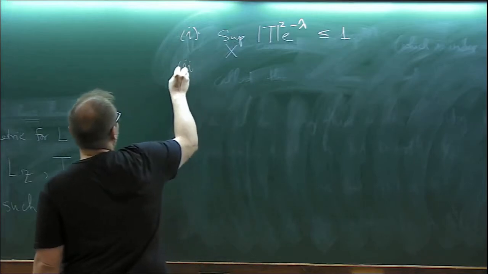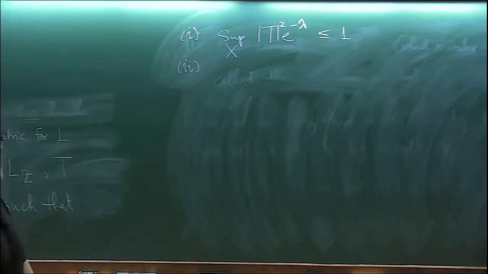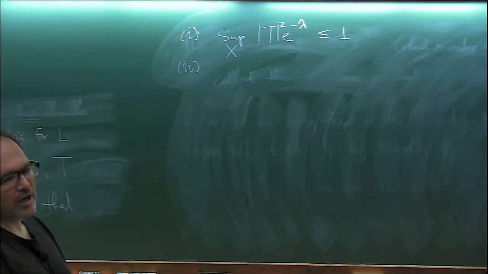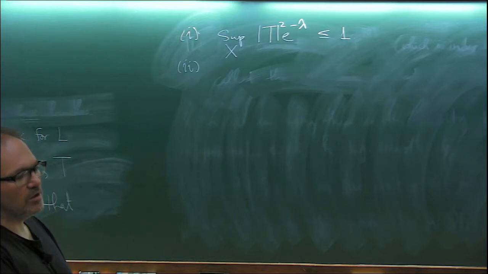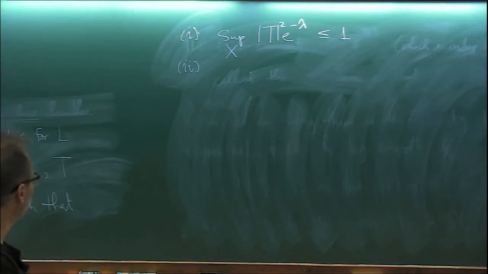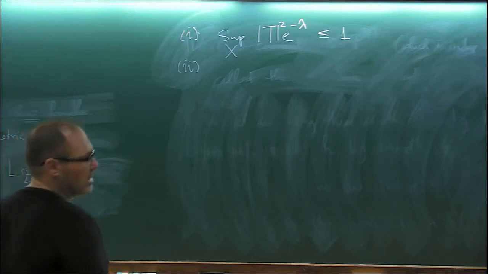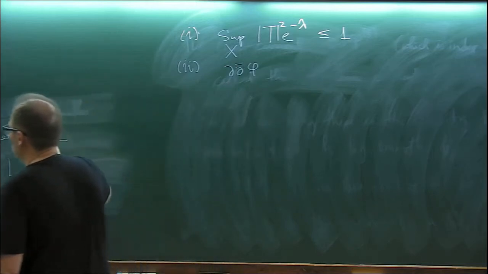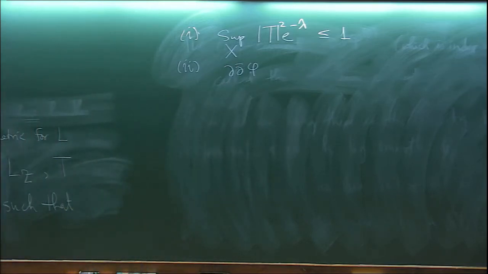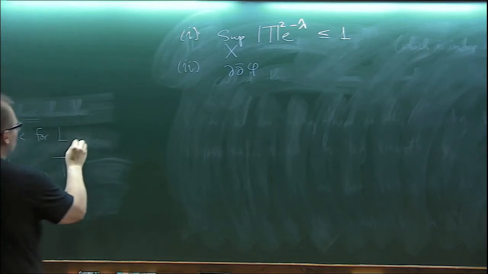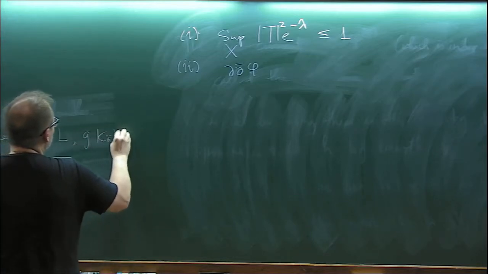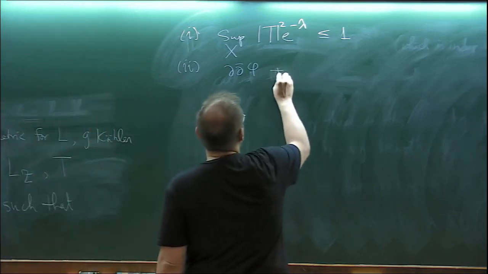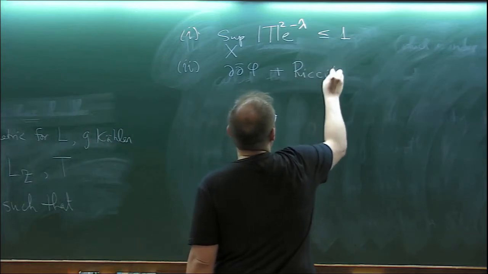And the second thing is a hypothesis. Now remember, this e to the minus lambda is a metric for LZ, and you should think of LZ as the normal bundle of the hypersurface. So I need to say something about the curvature of the hypersurface relative to the curvature of the metric, and that's what the next hypothesis is going to be. It's dd bar phi. Oh, I forgot one thing. I'm going to fix a Kähler metric G. Okay, so dd bar phi plus the Ricci curvature of G